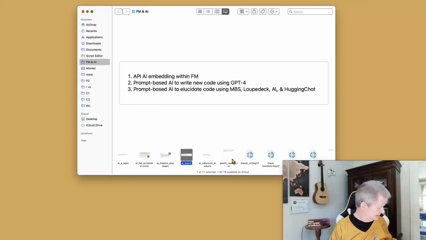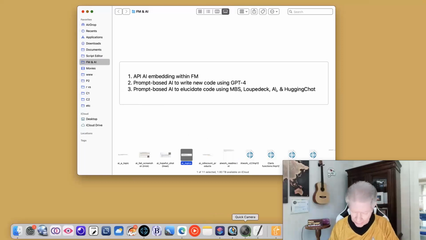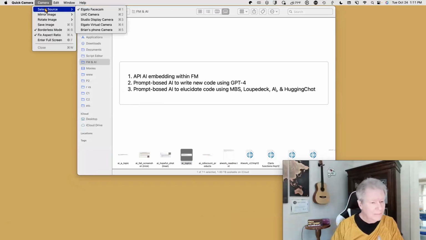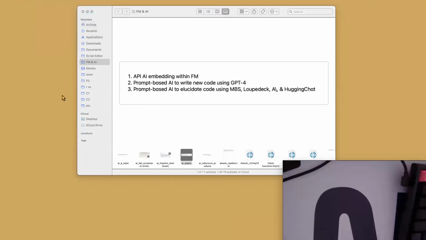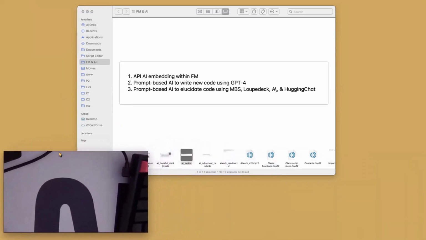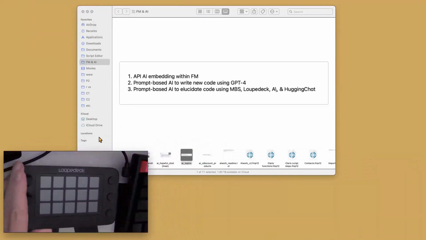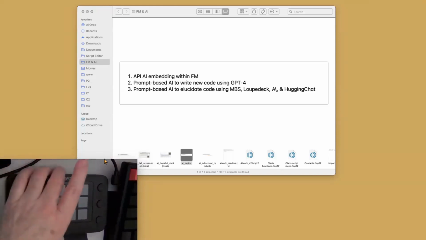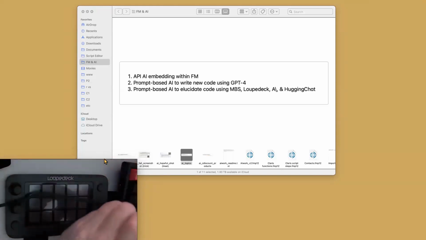Now, let me set up one more thing if I can get it to work. All right, this is my desktop, and I'm going to introduce you to a device. You can see this, correct? Yes, we can.